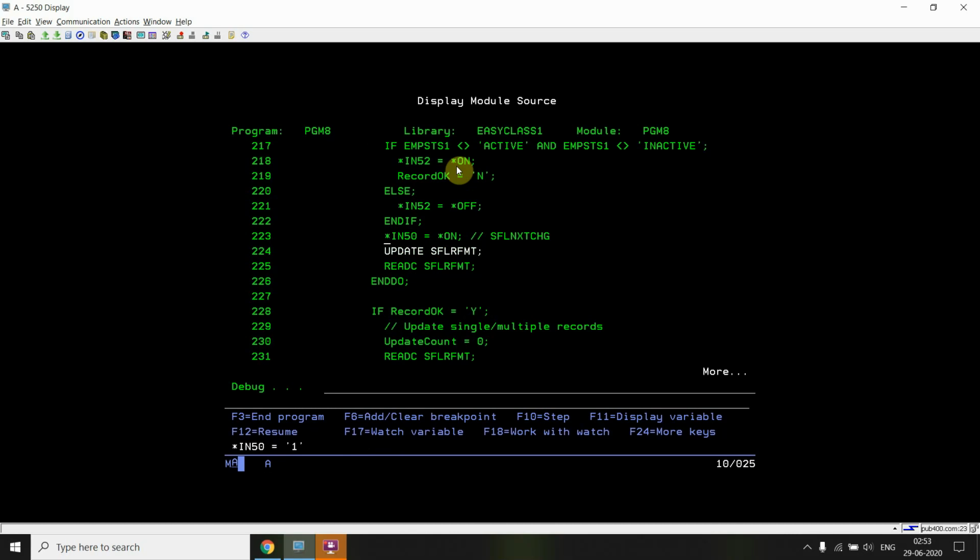Now what does this keyword do? This keyword basically functions as follows. For example, you have changed some records on the subfile screen, so you are reading that subfile. There is a flag associated with the subfile records, the change records you can say, which gets set on once a particular subfile record gets changed.